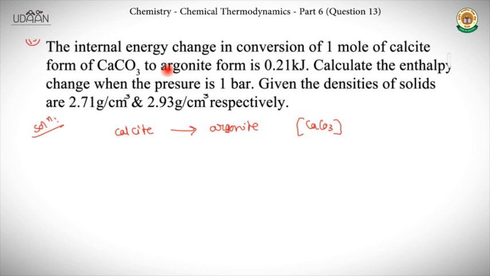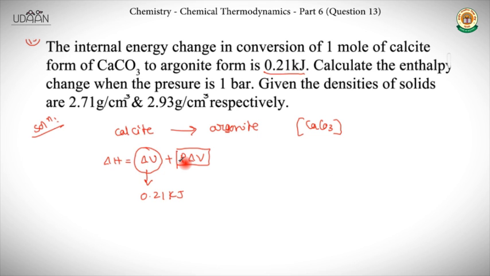So start with the basic equation that you know. They asked us enthalpy change, right? So the basic equation is delta H equals delta U plus P delta V. We are starting from this equation, and they gave that the internal energy change is 0.21 kilojoules. So they gave this value directly. And here our task is to find out the work done, P delta V.